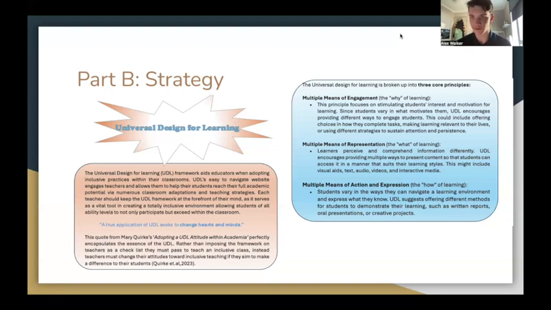The next part, we just cover the three core principles of the UDL. So that's the means of engagement, or the why of learning, talking about trying to get students motivated. So varying the classes, varying the ways in which you present stuff so that all students can listen into the classes, really take what they need out of it, and just help them maintain attention and persistence when in the classroom. So the multiple means of representation, the what of learning, is just changing how specifically you present